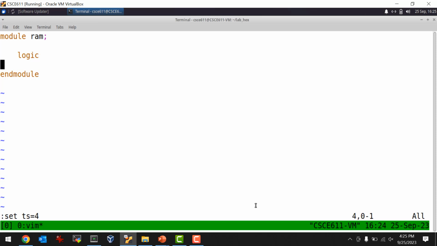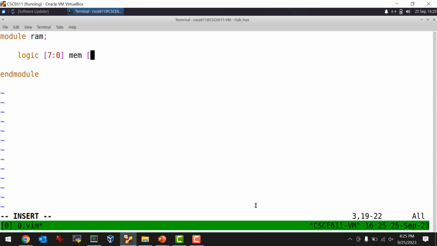Okay, so here's a RAM. Maybe we should try that, actually. It might be a good thing to try. I wonder how long it would take to do that. Well, let's come up with a RAM here. Let's make it 7 bits wide, just for instance, and I'll call it mem.